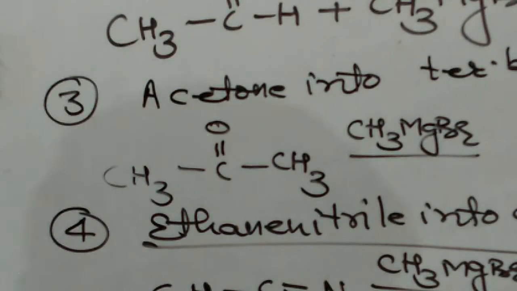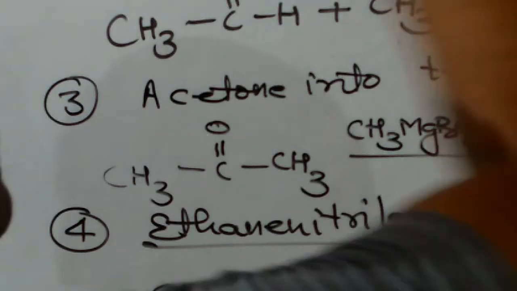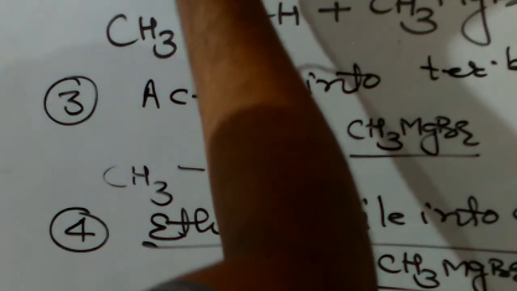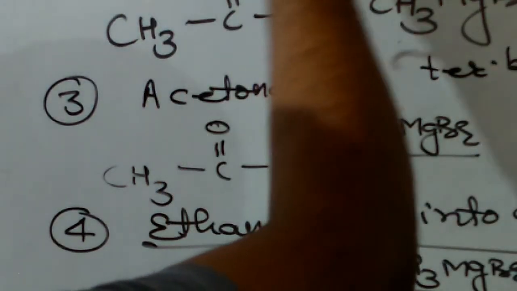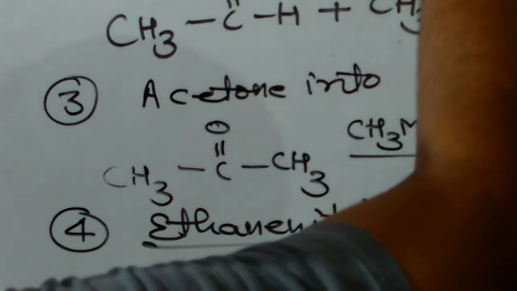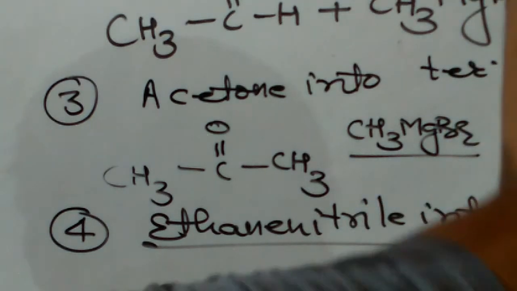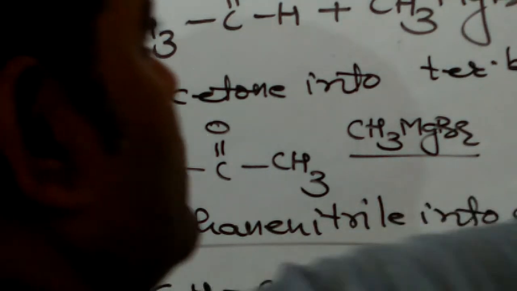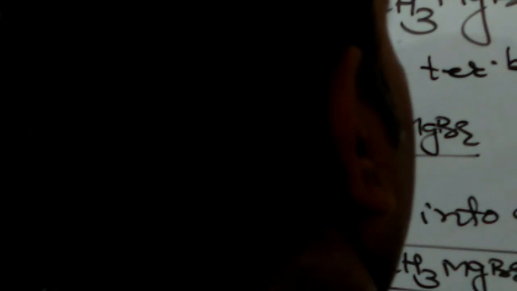Fifth will be convert dry ice into ethanoic acid. Same way we may proceed. For dry ice, formula is solid CO2. We have to increase one carbon, so to dry ice, add CH3MgBr. The nucleophilic addition takes place, giving O=C(CH3)OMgBr. Then hydrolyze it with water. Then the product formed will be ethanoic acid. I hope you understand. These questions might be there in your exams. All these are examples of nucleophilic addition.